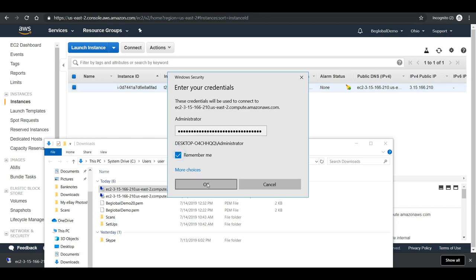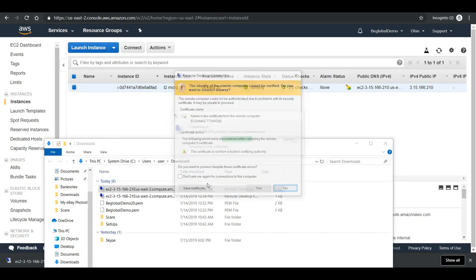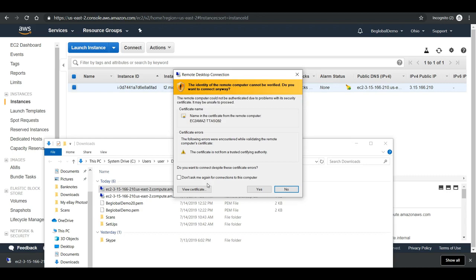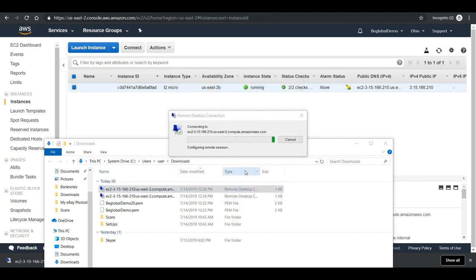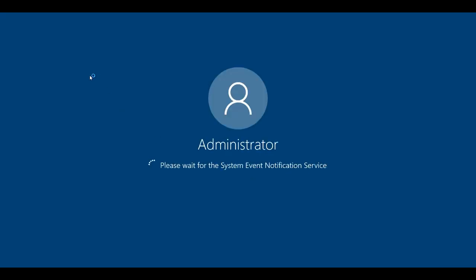I can do remember me, and I am now connecting to the server. It's an identity question. We say yes, and we are logging in. And in a second, you are about to see the PC that we actually created, and this PC is online. Since it's our first time we enter the server, it takes a little bit to